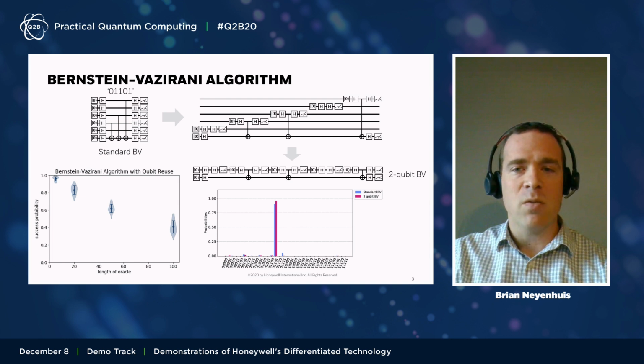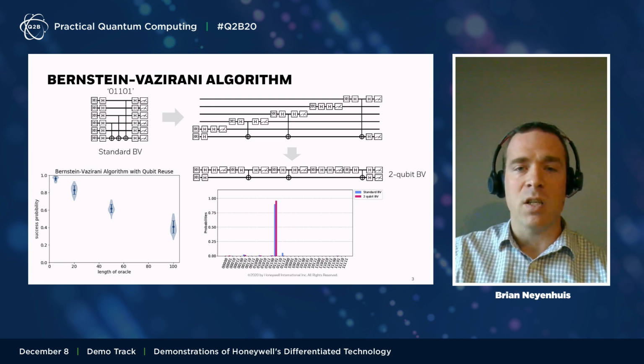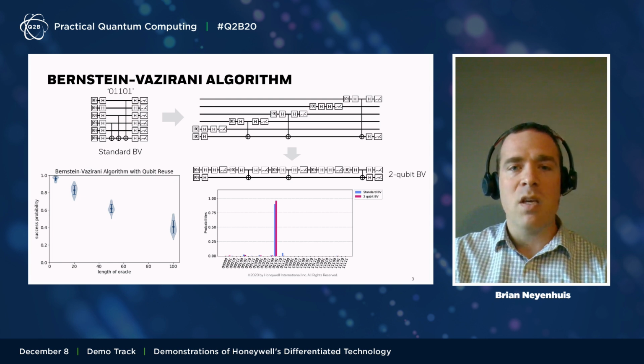Now, if the Bernstein-Vazirani algorithm in this manner gives you a little bit of heartburn, I don't blame you. It's an oracle algorithm, and it's really not clear what's going on inside that black box of the oracle when I'm doing repeated measurements and reinitialization. So I'm not going to claim any sort of quantum advantage here, anything interesting, but I think it's a very